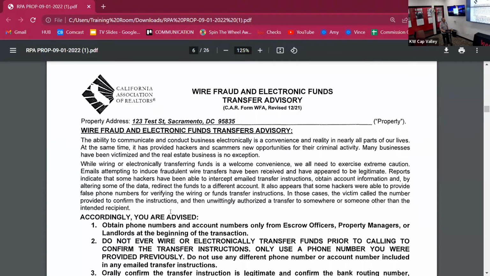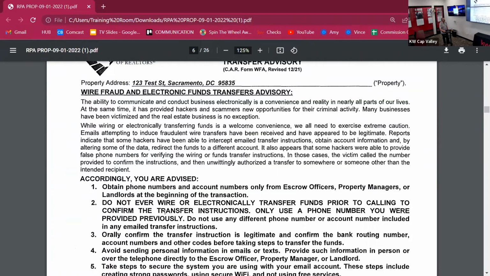Wire fraud and electronic funds transfer advisory. I think I've told most of you before. This is just because we have these